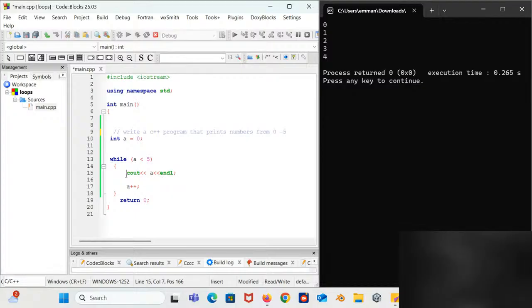The action is that we should see out the current value of A. After that, we should use the increment operator, A++, which basically adds the value of what? 1 to A. So we add that to the current value of A, and then the current value of A per our code will continuously keep on increasing, and after increasing, it's going to check the condition. If the condition is true, it keeps on increasing until the condition turns out to be false. Then it stops executing.